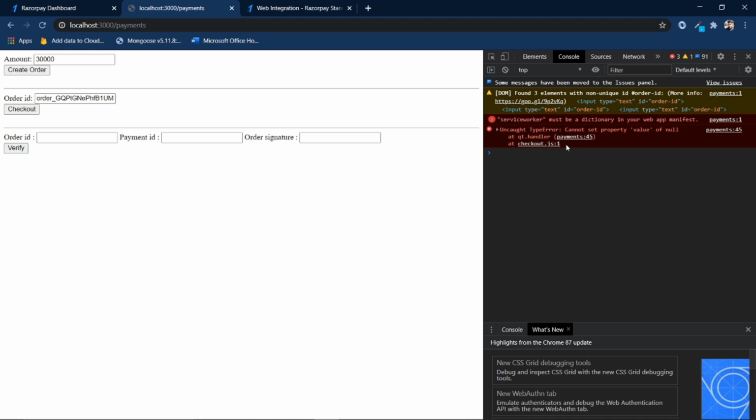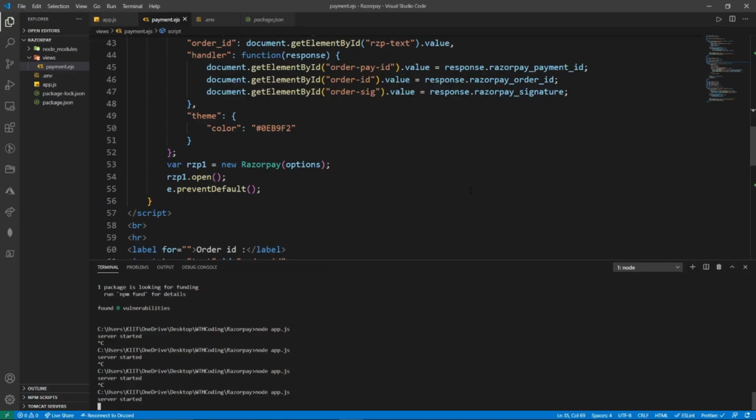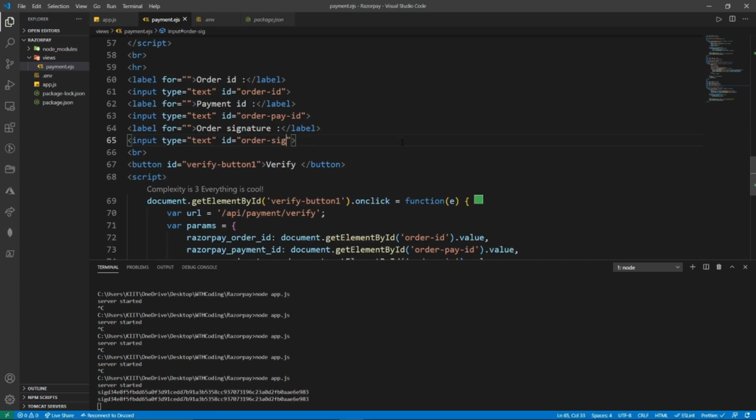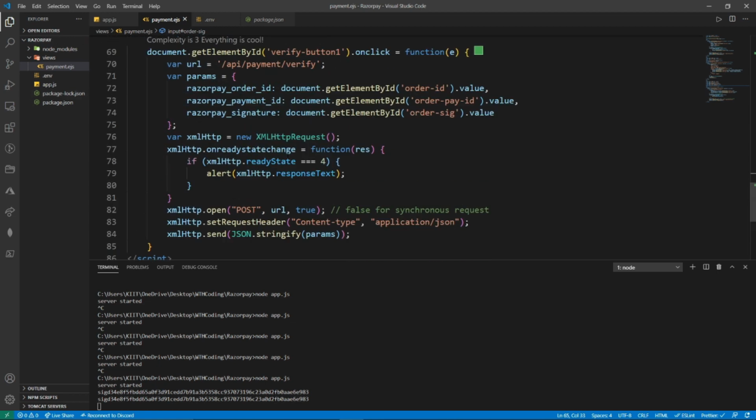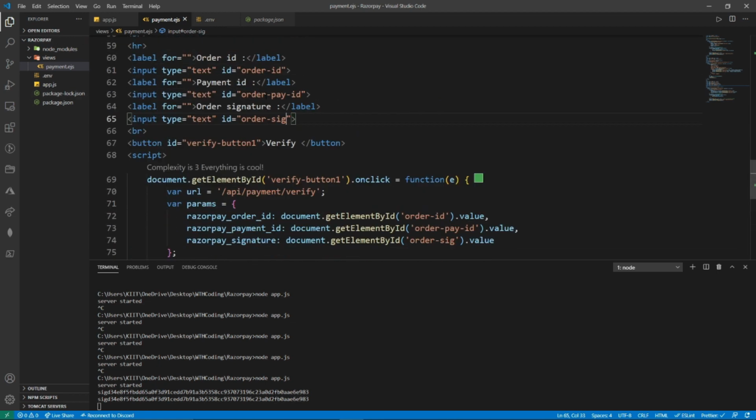there is an error. Cannot set property value of null at line number 45. So I rectified the error that we got in the last part. Actually, we were getting that error because I forgot to change the ID of these two input statements. These were written order ID as well, these two. So please change it to order pay ID and order signature SIG. So with that done,